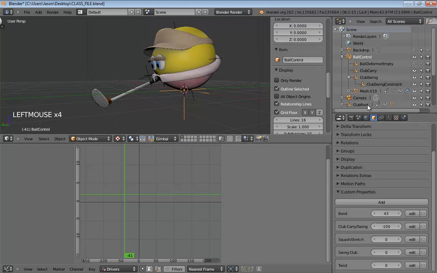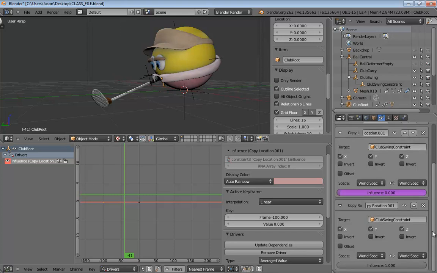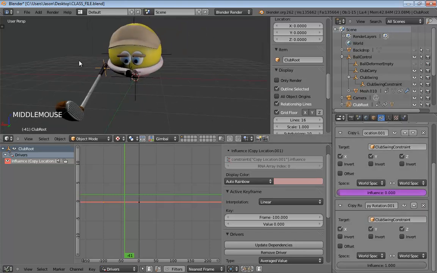Come back over to the club root. And let's just copy off this keyframe. So I'll just select it, hit Control-C, and I'll just paste this over here on the left side of the curve. It doesn't really matter where it goes. We'll take the frame and set that to -100, but what do we need the value to be? Well, if we double check over on the club root, we can test an influence of 0 means we should go all the way back to our carry location, that's exactly what's happening. So that's what we want. We want this to have a value of 0 at -100.